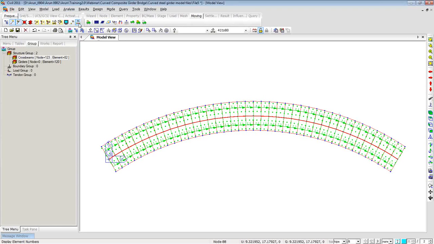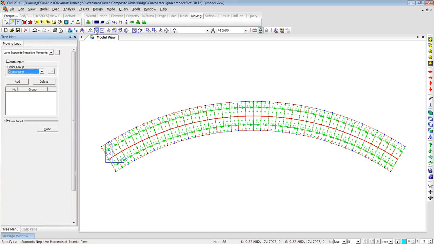Now as per AASHTO LRFD clause number 3 of live load application, where you need to maximize the negative moment over interior piers and take out the axles that reduce the negative moments, and place two truck vehicles at a given spacing on either side of the interior support. So to take into account these kinds of clauses, Midas Civil has two special features called lane support negative moment at interior piers, where you have to specify